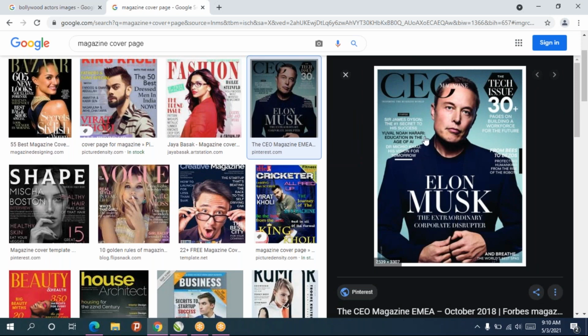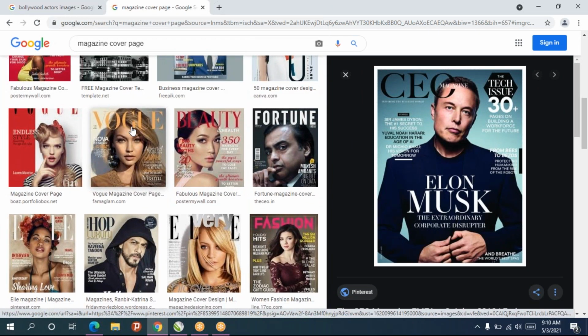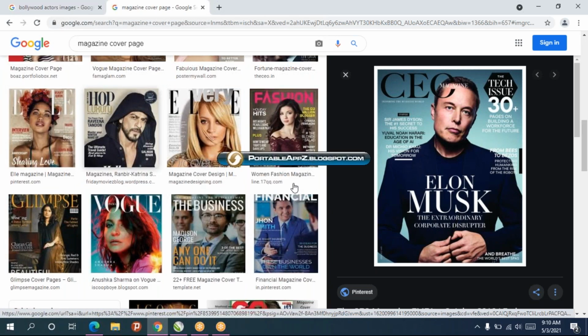So this is a magazine cover page. We have different types of magazine cover page designs. But if you see, they will focus on one main photo.